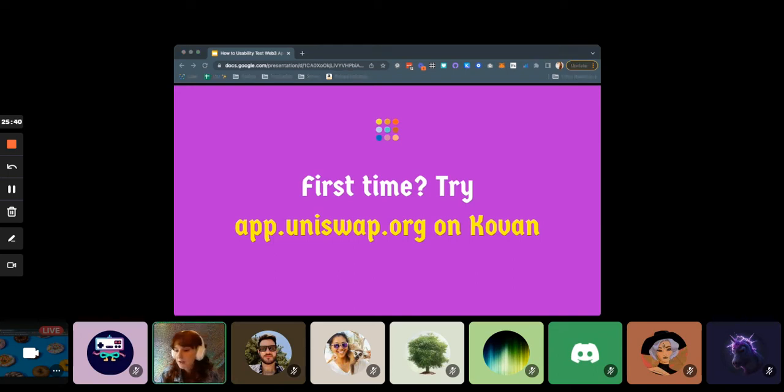If you've never used an app on testnet, an easy one to try is Uniswap. If you go to app.uniswap.org and you switch your wallet to Kovan, you can swap ETH for Uni. Be a simple one to try. If you've never used a testnet before,